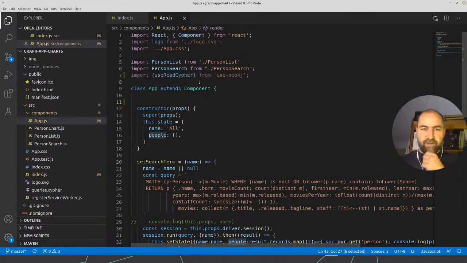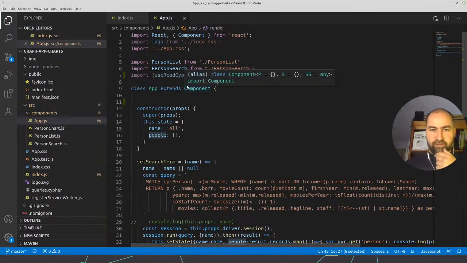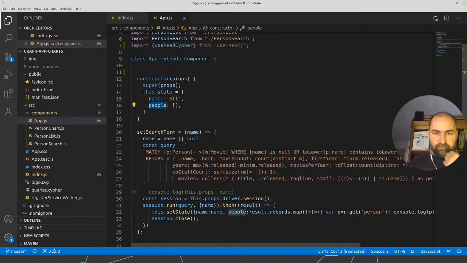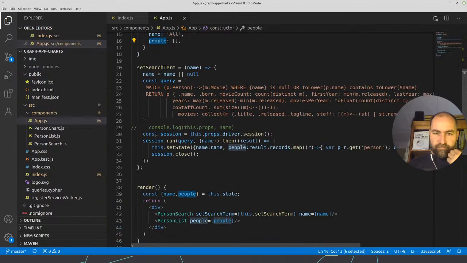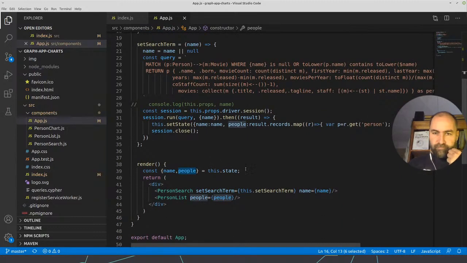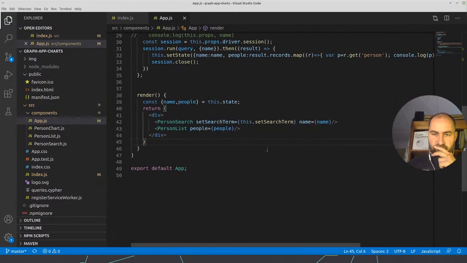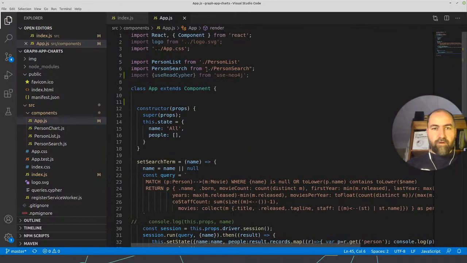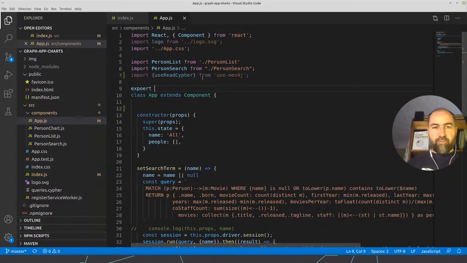So our app has to become a function component, and what do we have? A state, name and people. And the search term is name. Okay, we also need useState. So export default function app. We have a function component now.